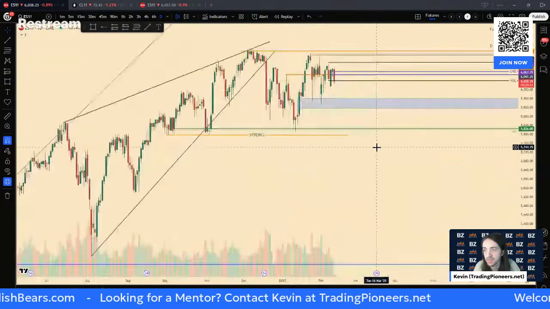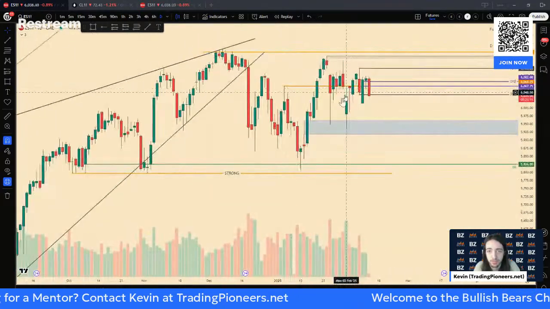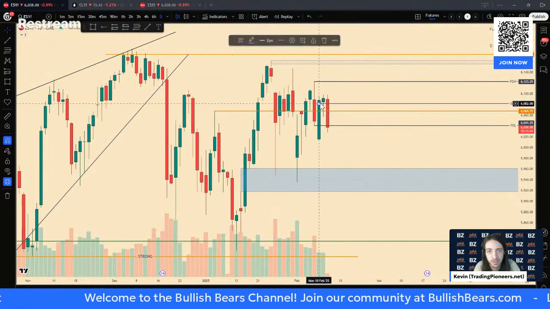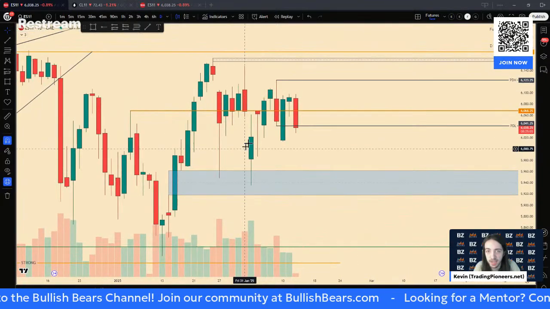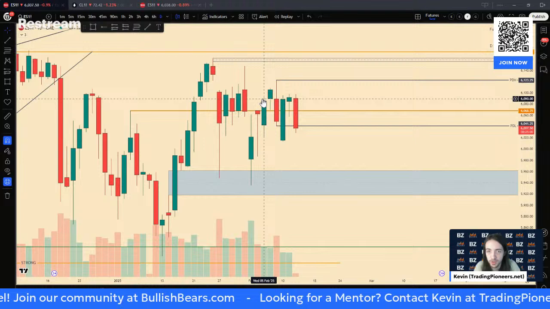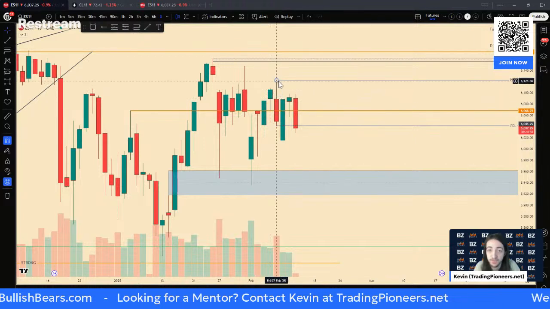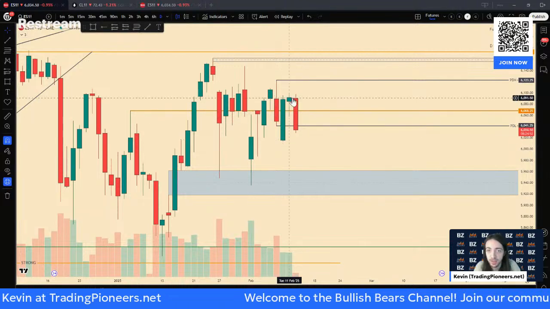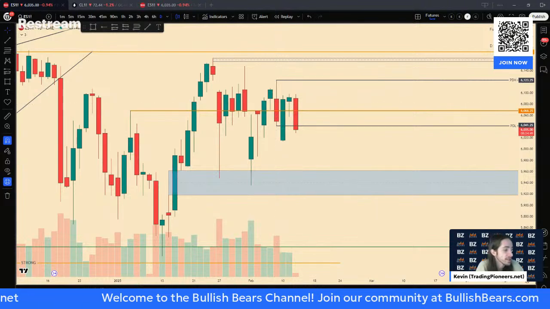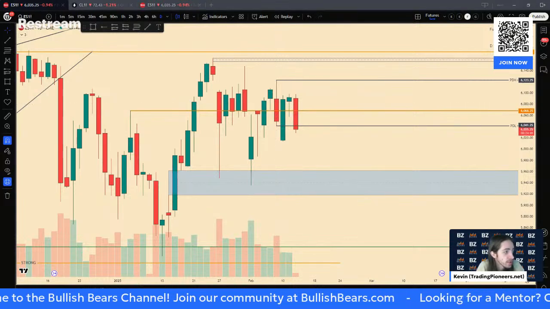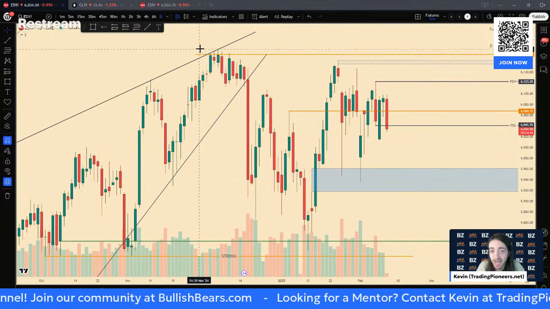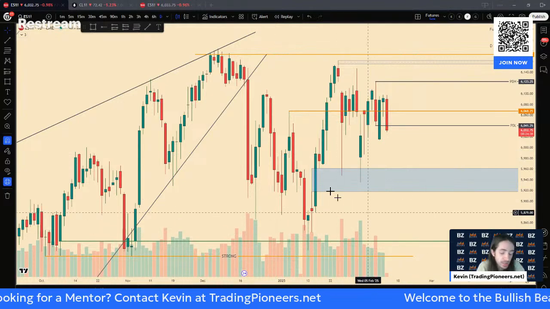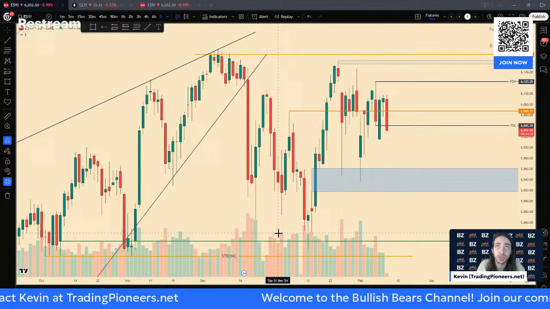If we look at the daily time frame, we're struggling, but we're very range bound, very struggling in ES and NQ right now. I mean, no consistency anywhere. Broke previous day high, closed red, broke previous day high, closed green, broke previous day high, flipped and turned red, broke previous day low and stayed green. So it's a tough position right now, and it's a tough market structure we're dealing with when it comes to the ES and NQ. It's not at all-time highs. All-time highs are up here. It's not at major pivot lows, so it's sort of hard for me to say I'm definitely bearish on a market like this.